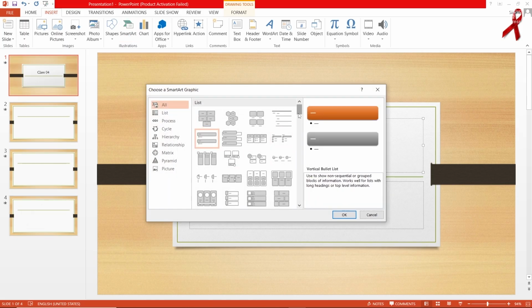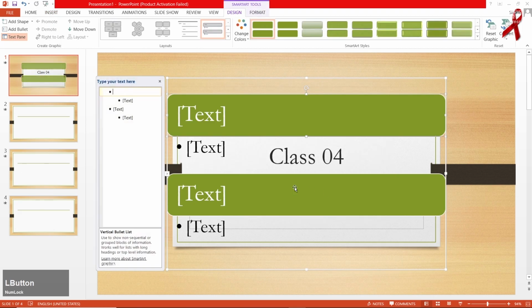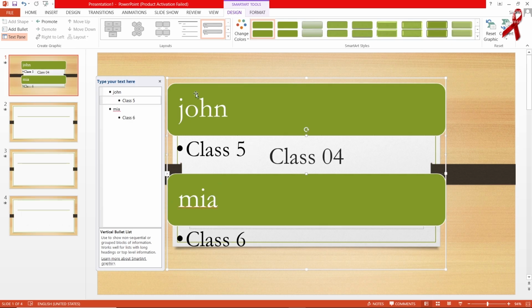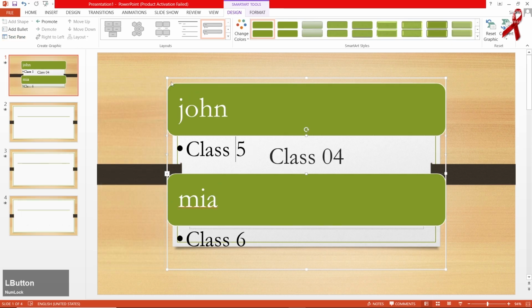We have got the next option, which is known as SmartArt. Try to click on anyone you like, but I personally want to click on this. Hit OK. Now this is being converted to SmartArt. I need to type something there, like class 5, 6. What I need to make you understand is to select at the corner of this box